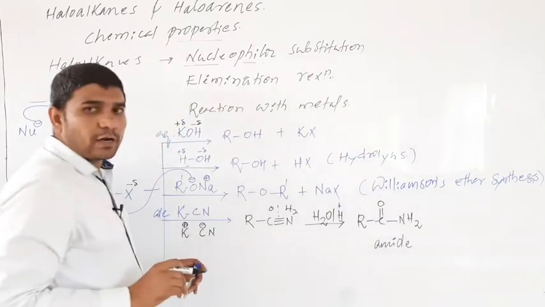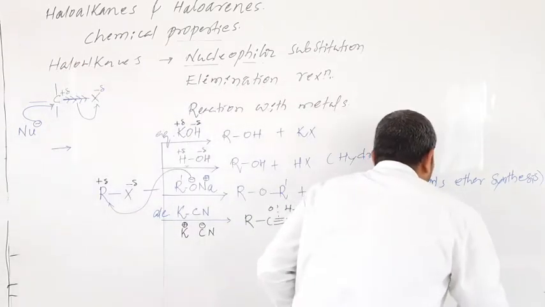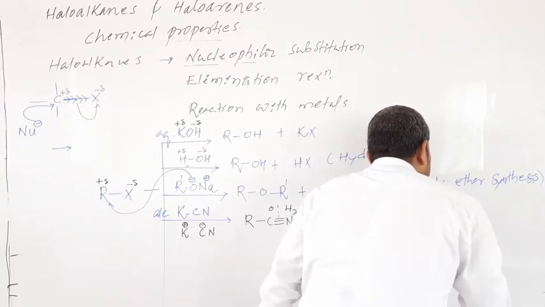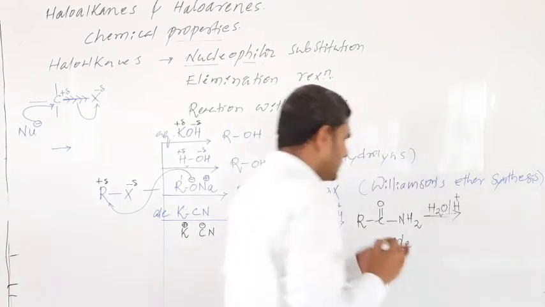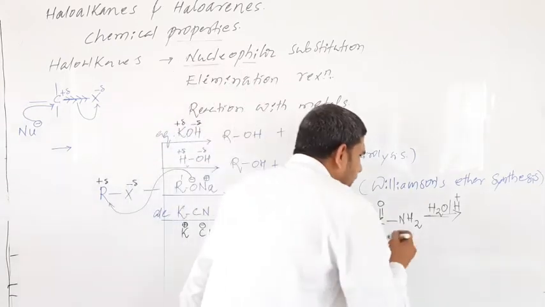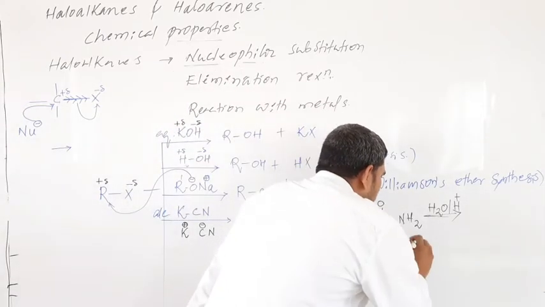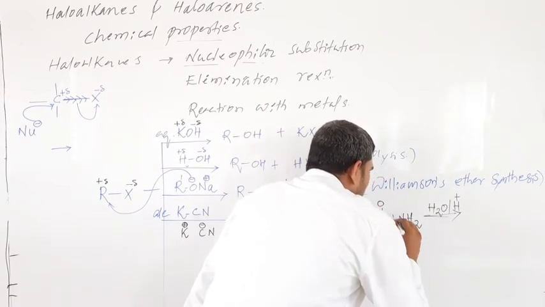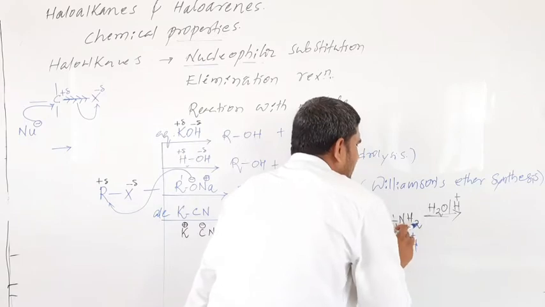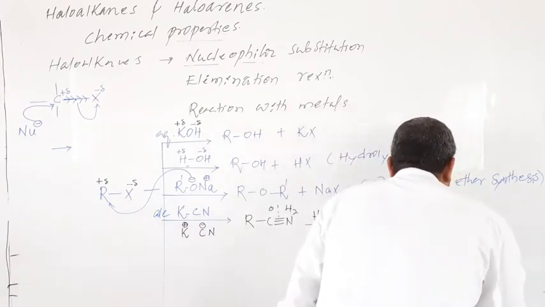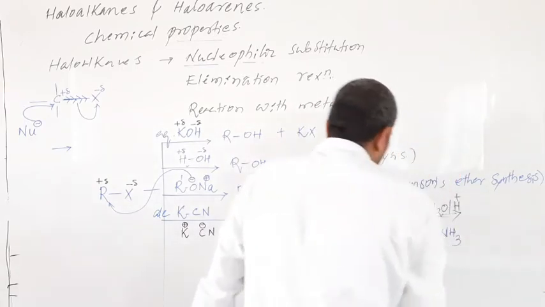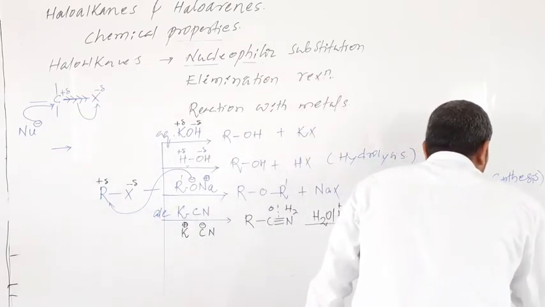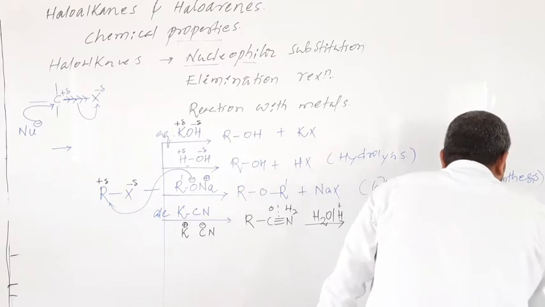If you subject this to further hydrolysis, what is the product? It's very simple. Just now I told you, water can be written as H and OH. You cleave like this: H plus combined with NH2 minus forms what? Ammonia, meaning the byproduct ammonia is liberated along with OH minus, and this forms RCOOH.